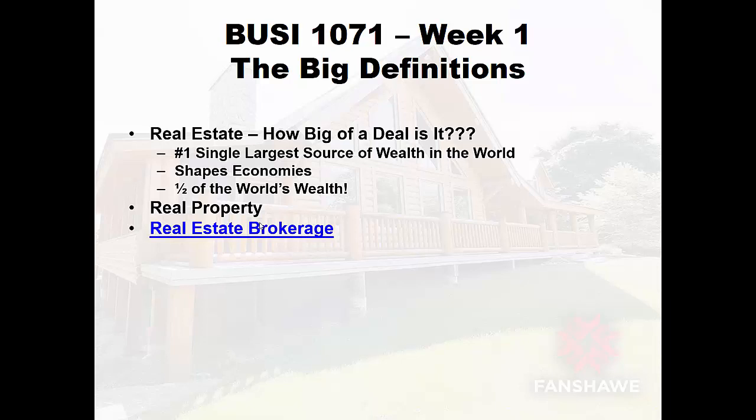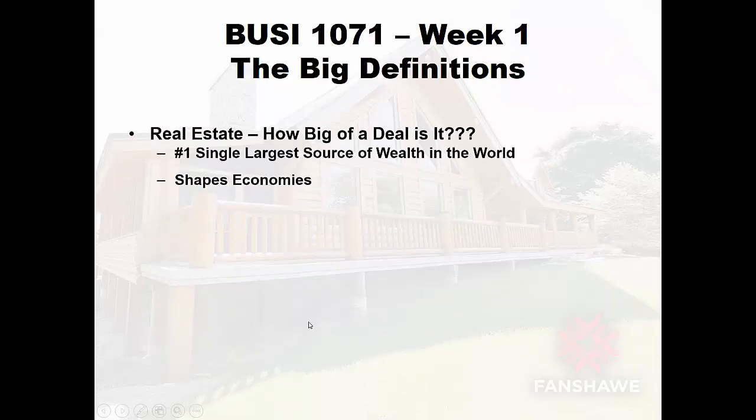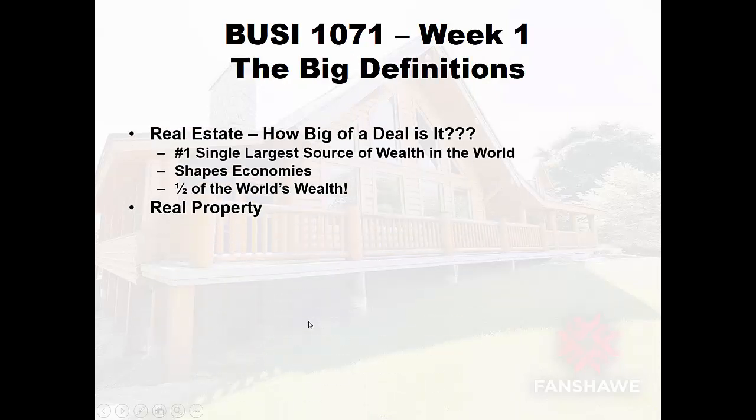It can also mean the profession itself, which, even though I don't have that on these notes back here, still falls into this second bullet. Okay, so the real property is the tangible asset part of it. So while I want you to understand the scope and scale, just the massive size that real estate actually is as an industry, as land, the real property part of it is the part where all the wealth is. Lots of people become licensed salespeople in the real estate industry, and they don't make that much money.